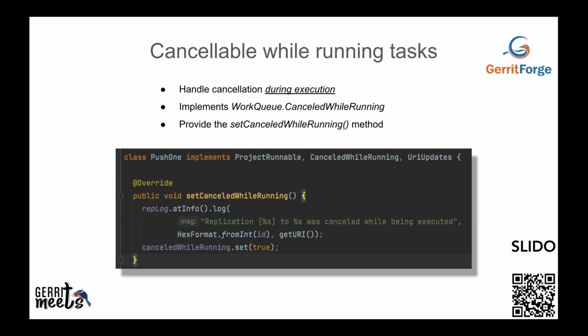So when you implement the cancel while running logic, you give the ability to your task to do the right thing when it was already in execution. And in this case, it is to stop retrying, because you don't want to try that again. And also you have the opportunity to close any resources that were